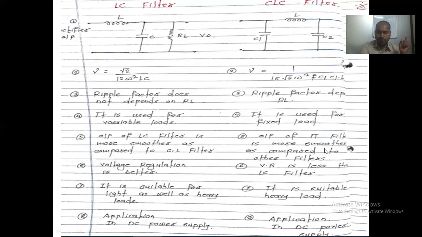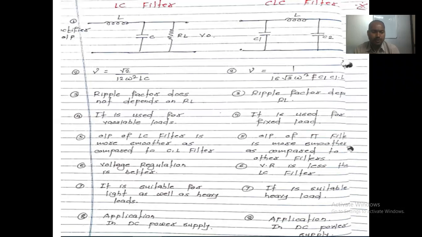the output of the pi filter is smoother as compared to the other filters. I already told you, whatever the output coming across your LC type of filter, C type of filter, or only L type of filter, only one filter component is used. So whatever the filtering across your L, C or LC type of filter, it is a small amount of filtration. But when we use the CLC type of filter, in that case filtering is done two times, so its performance is good. That's why we use the CLC type of filter in more and more applications.